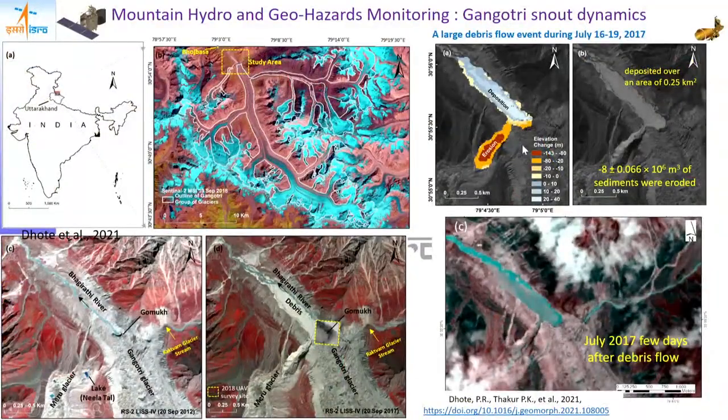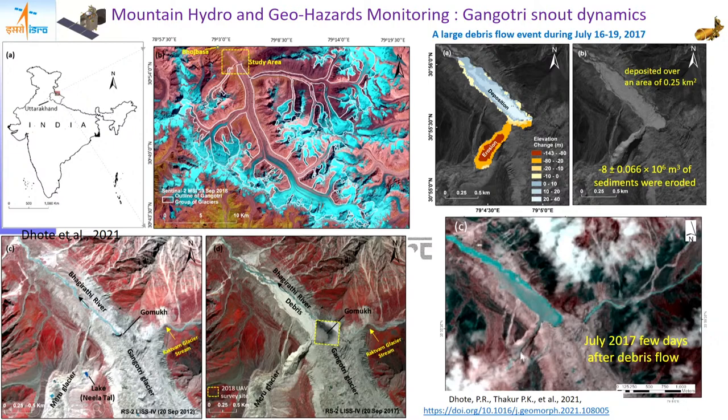And then we have the different date digital elevation model, and also RAMMS based debris flow model, which can give us the accurate estimate of how much volume is eroded, and how much area of the water this soil is deposited in the downstream area. So although we have not used the commercial satellite data here, but you can see in